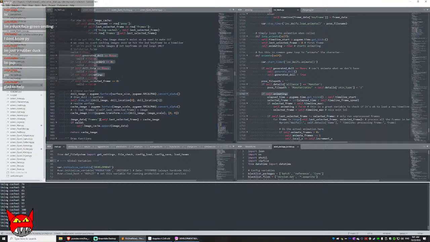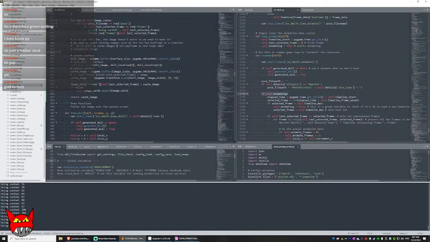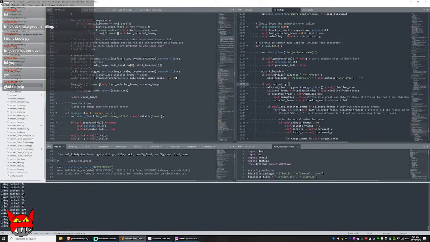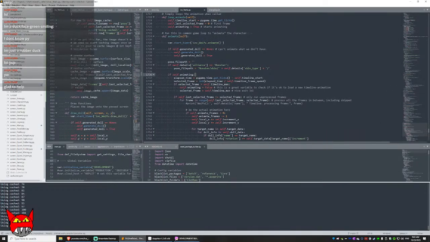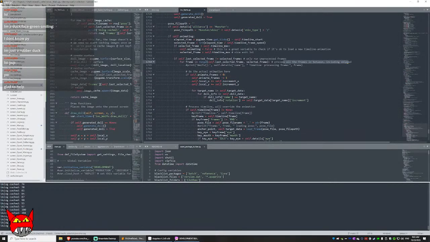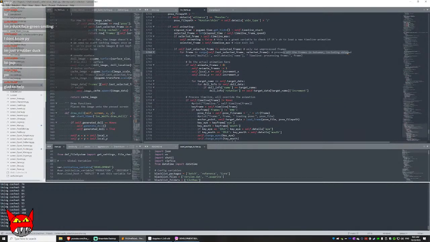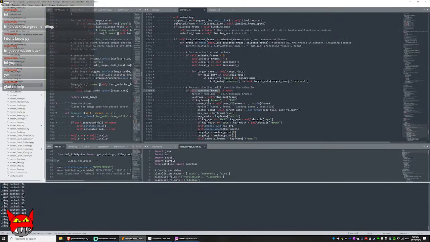Okay, so the trick is, where the hell is our second keyframe? For frame and last selected frame, process all the frames in between, including skipped. It's our timeline. I want to say when this is